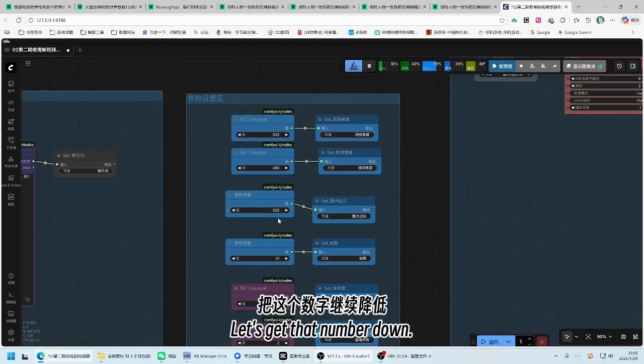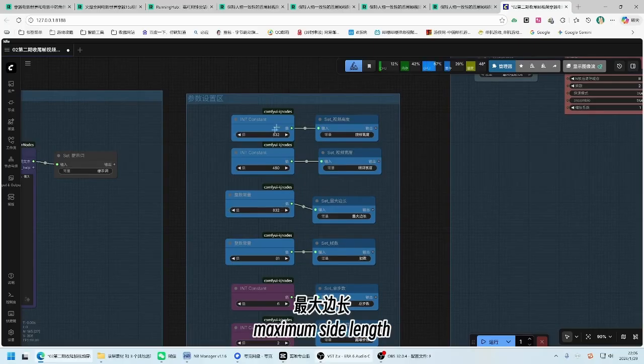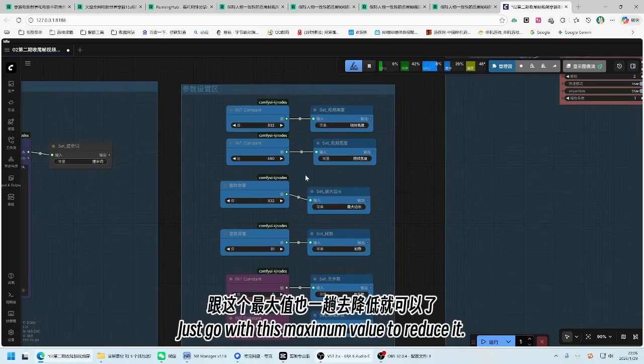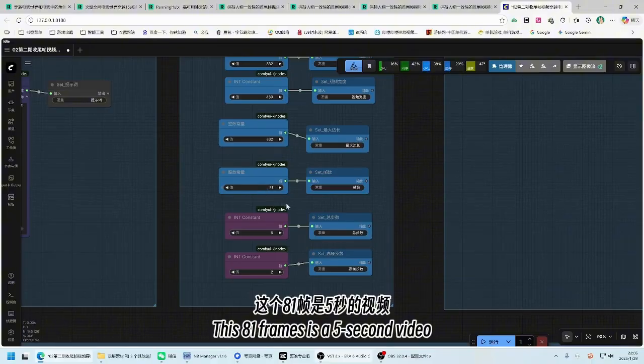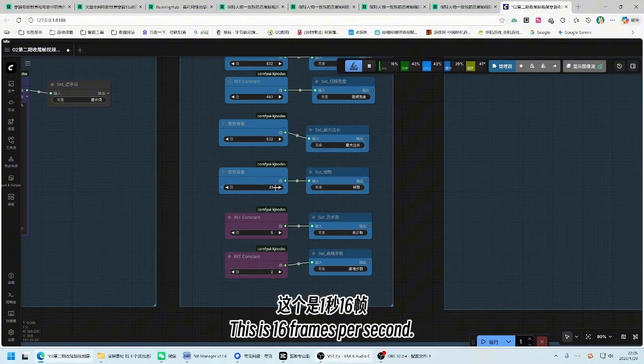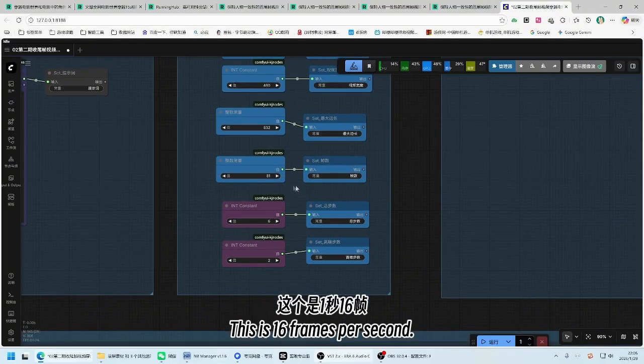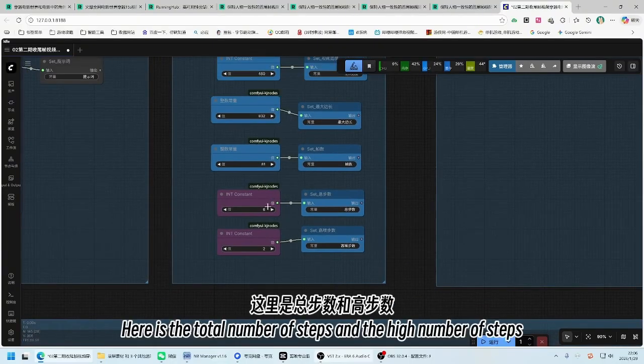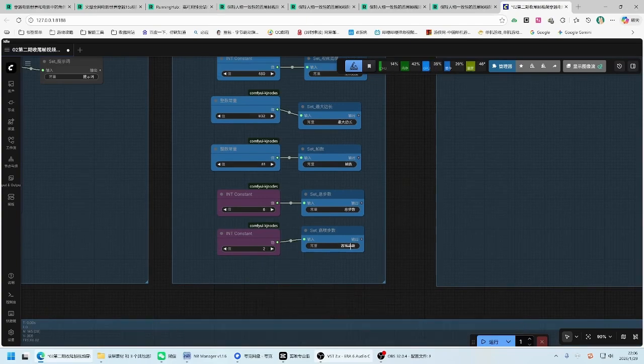Let's get that number down. This same maximum side length, just go with this maximum value to reduce it. This 81 frames is a 5-second video. This is 16 frames per second. Here is the total number of steps and the high number of steps,